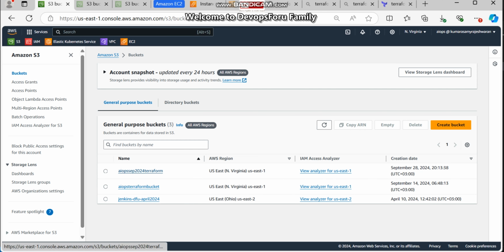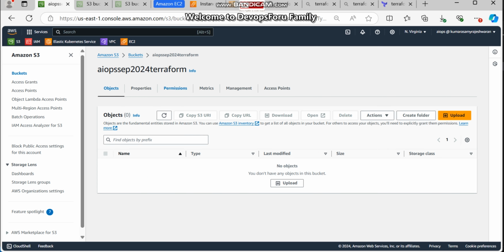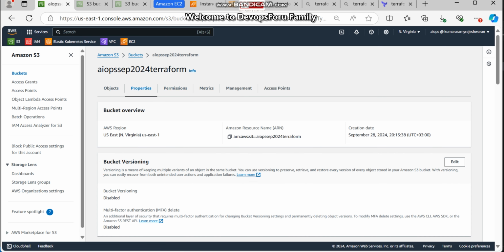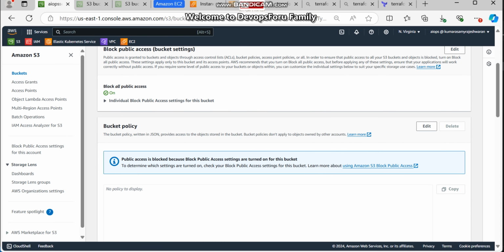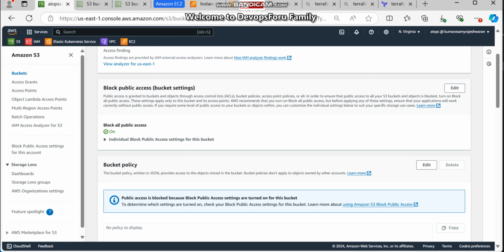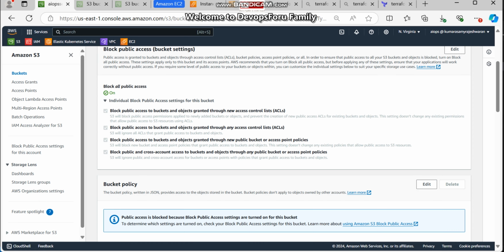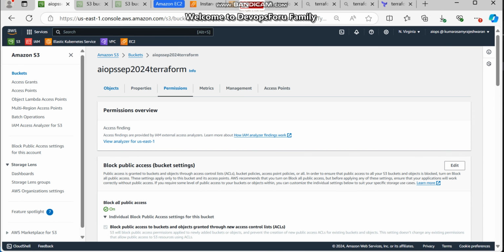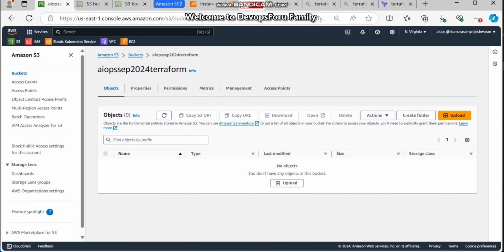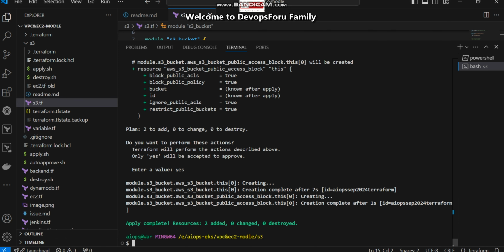And yeah, if you see the AOps 2024 bucket, and if I go here, yeah, you see all public access is on, so we cannot access this bucket. Okay, so now once this S3 bucket is created, then we need to, in our next demo,